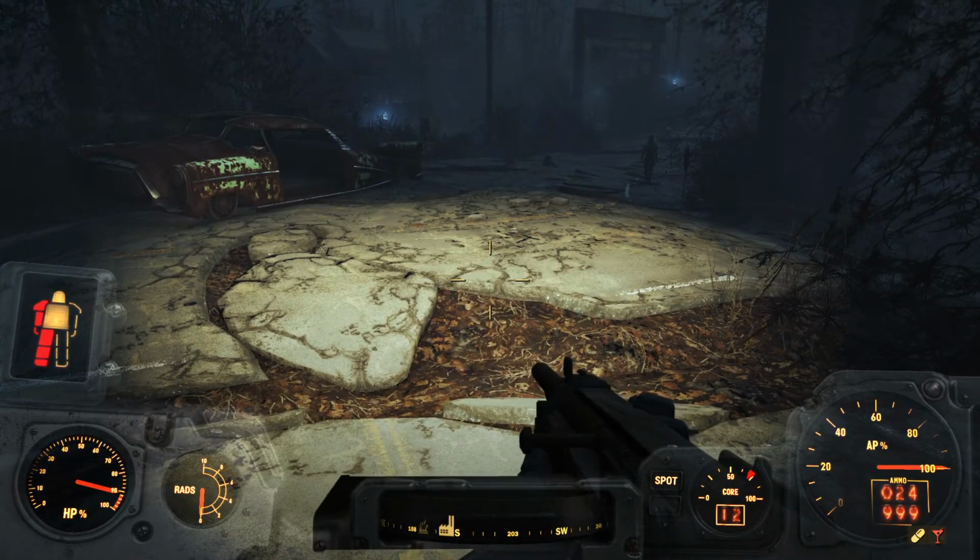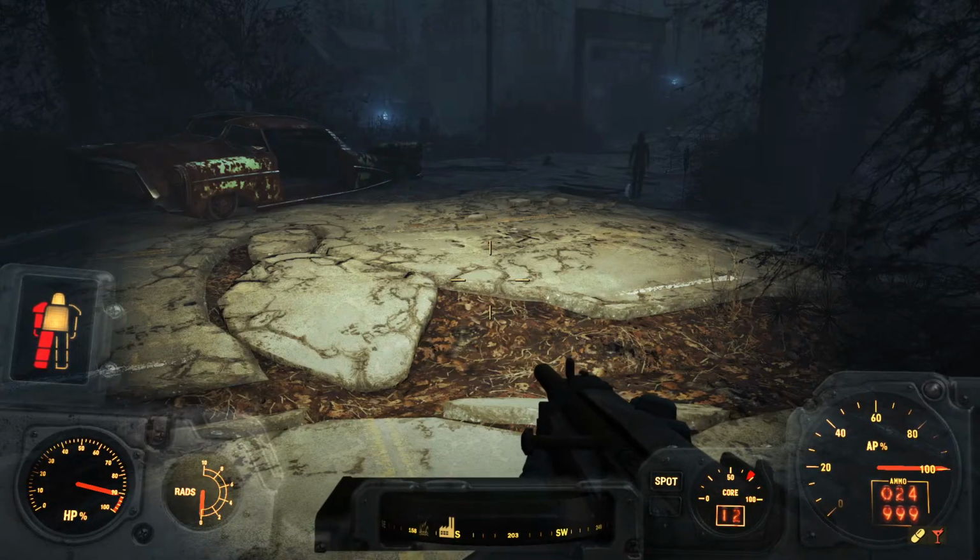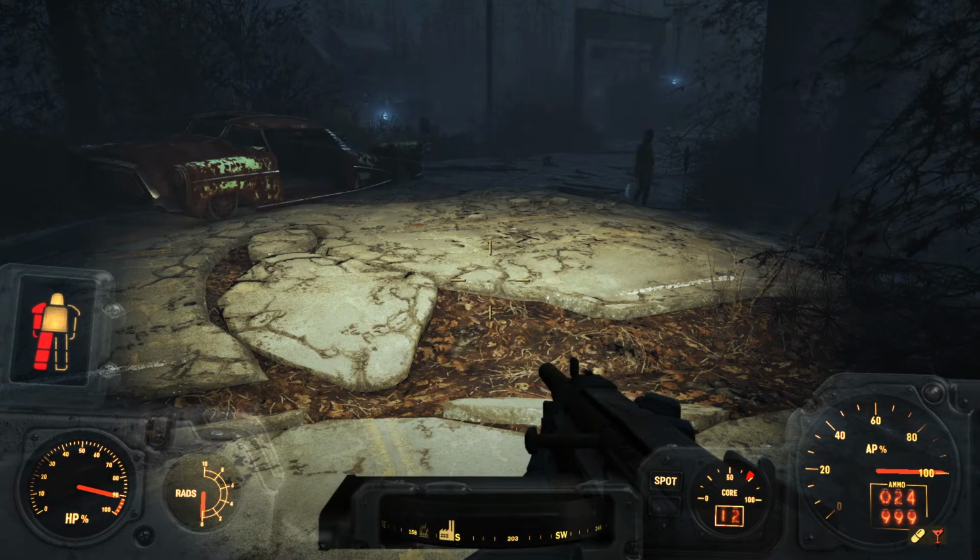Affirmative, Vault Dweller. The spot indicator represents your current stealth index or detection status, monitoring how visible you are to potential hostiles or automated